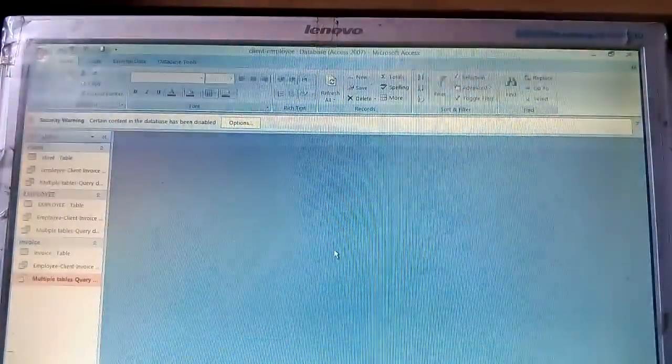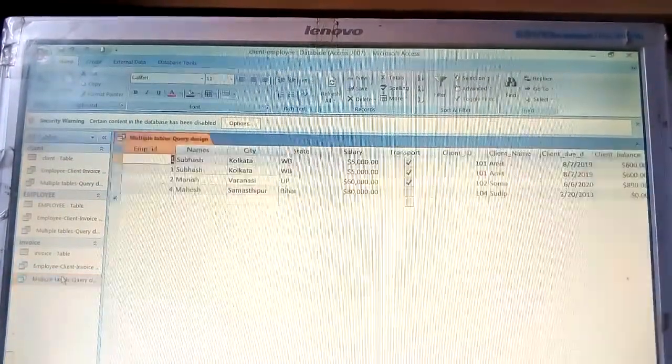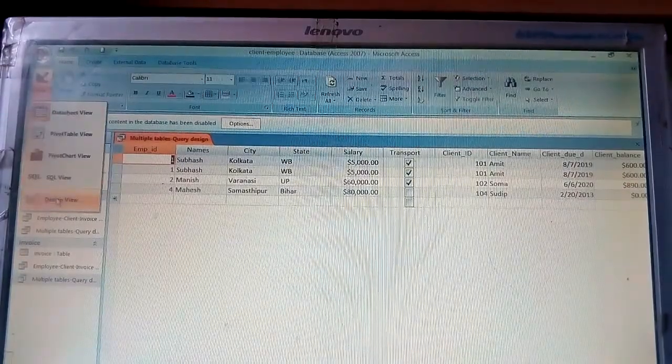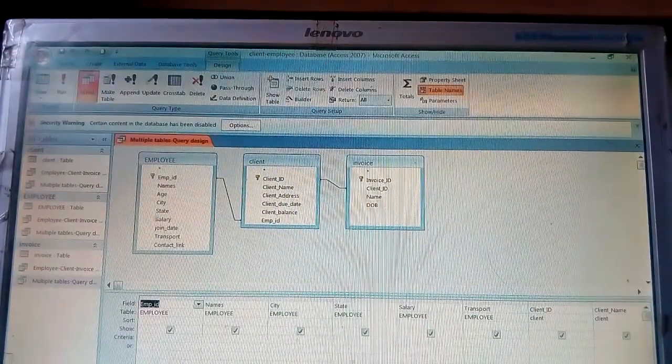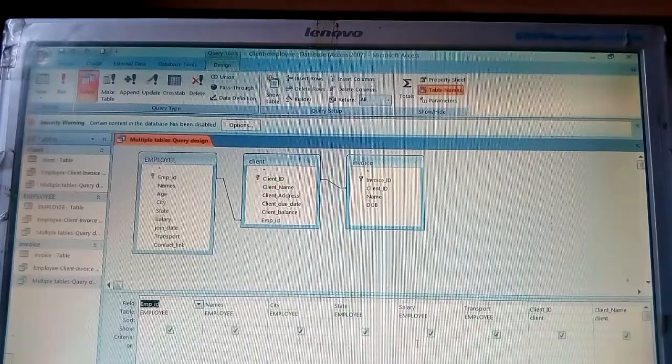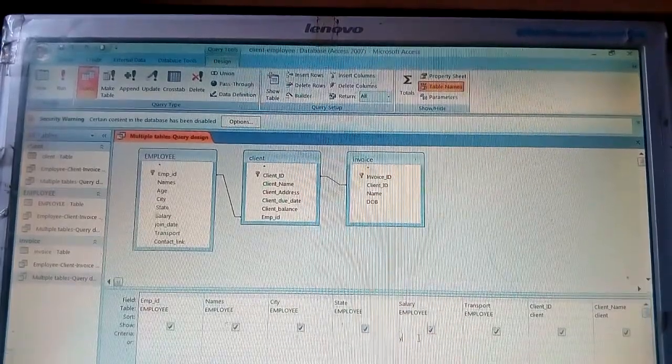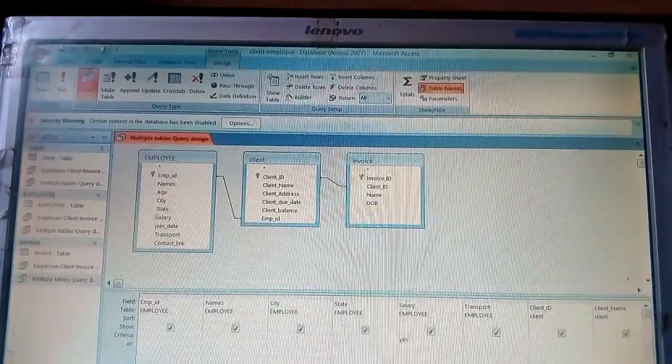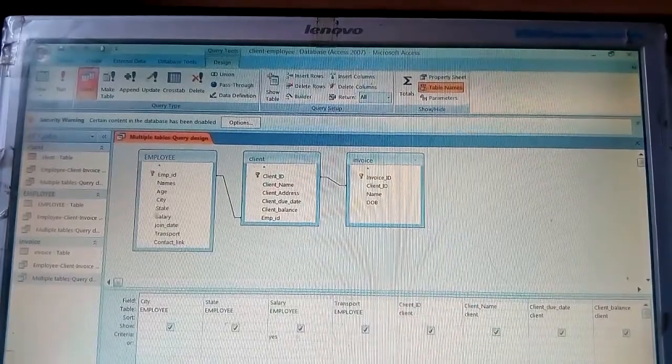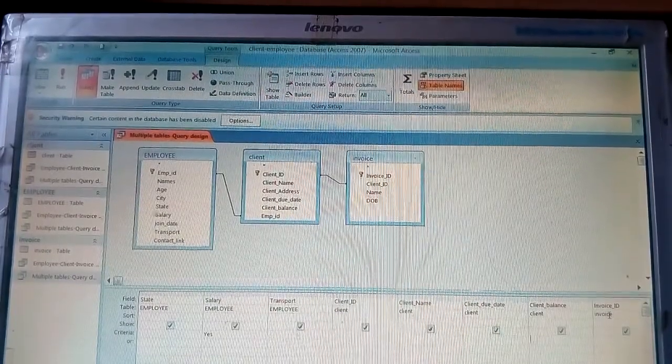I'm not saving it. Go to the design view. So transport facility, suppose I am giving here yes. Client balance, suppose greater than 0.